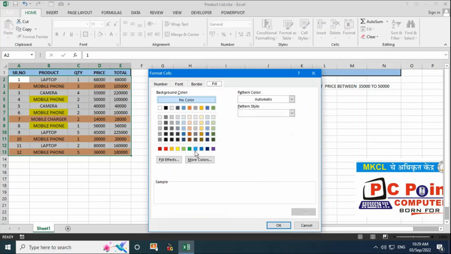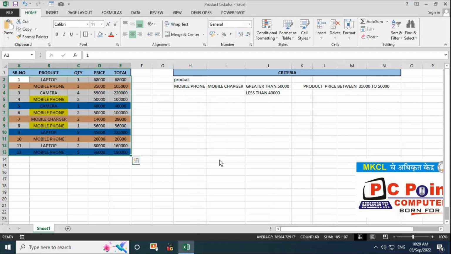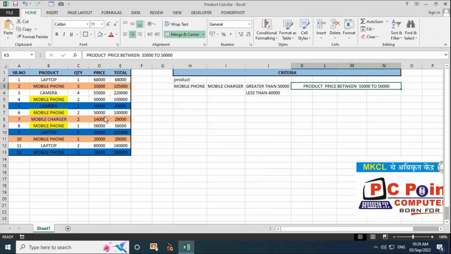Okay, format. So I'll give it blue color. Click on OK. So these are my products whose price lies in between 35,000 and 50,000. So like this you can find your product price.